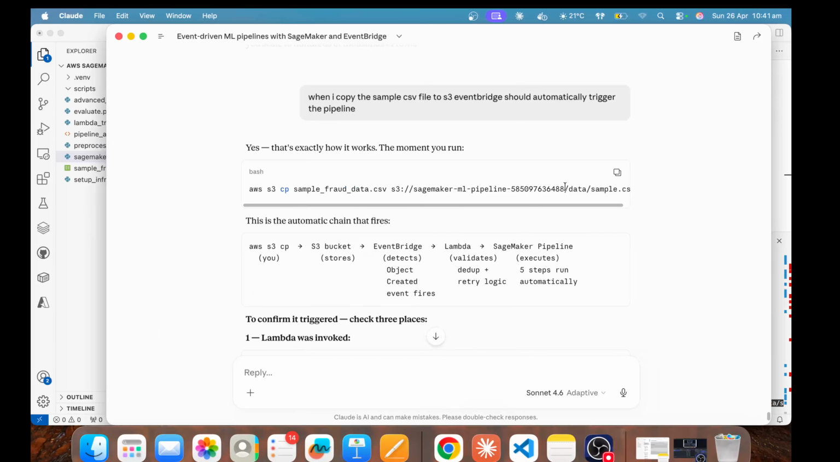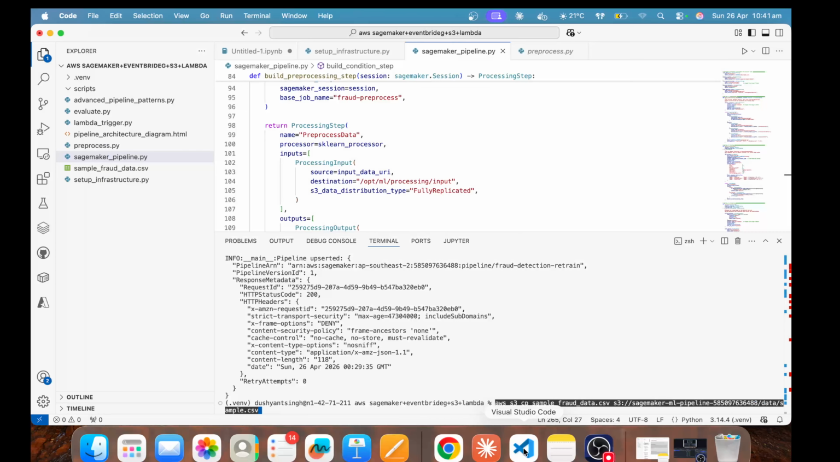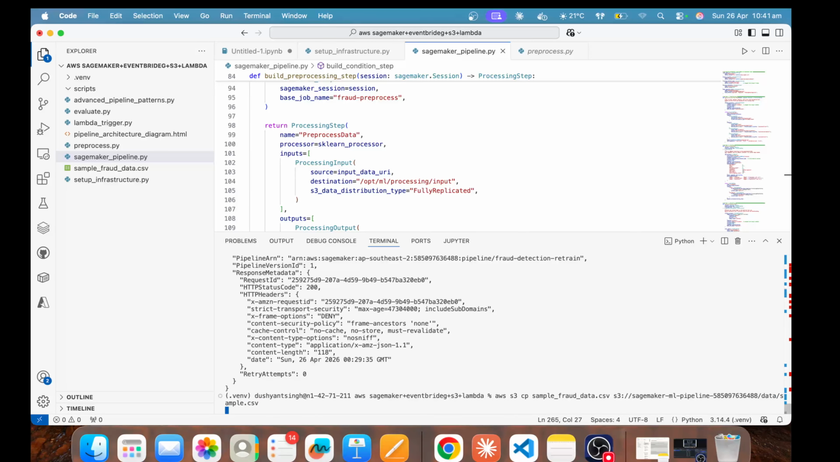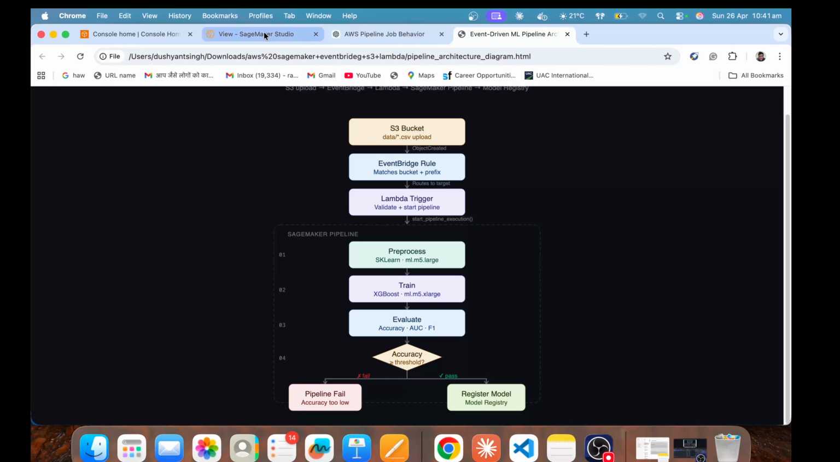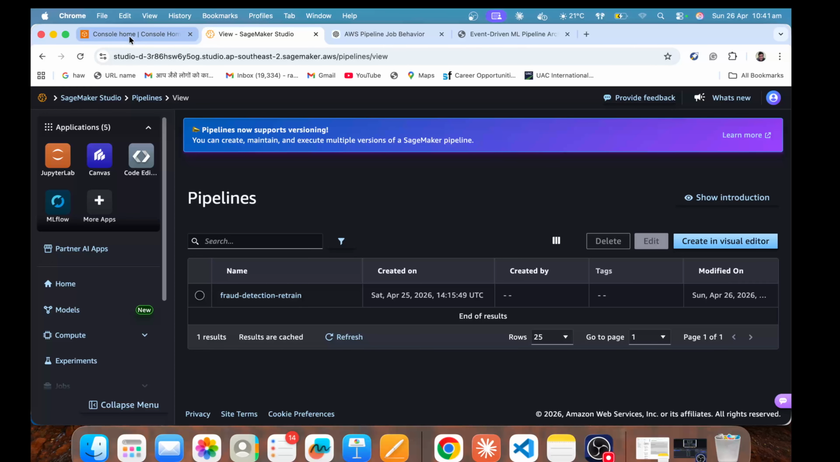I'm going to copy this sample file, this is the one. So I am in Amazon S3, and I'm copying this sample fraud data CSV file into my bucket. I already have it in there, so I'll just run this. It's already uploaded. So basically, if I have uploaded the file, what should happen is